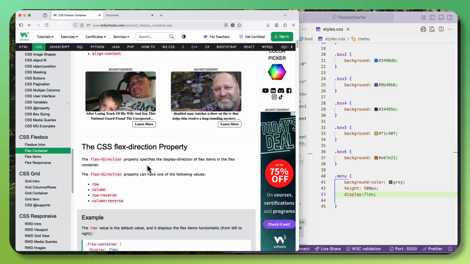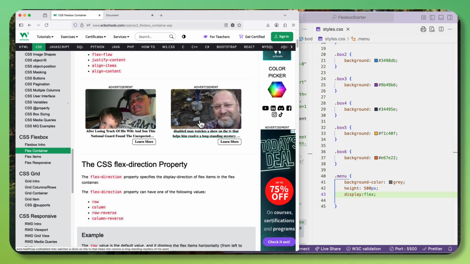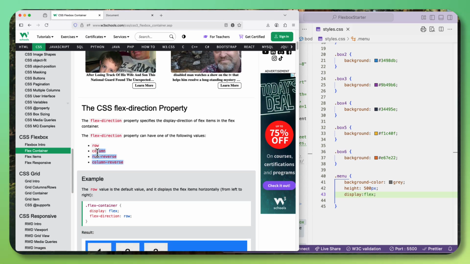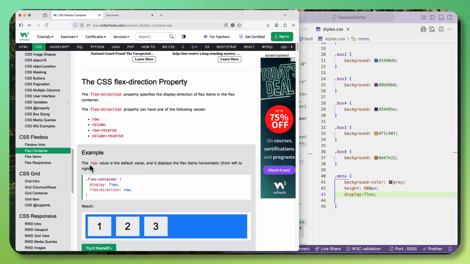All right, so the point was, let me reiterate, if I have a flex parent, then I can apply a flex direction on the parent. And if I look down here, these are my 4 choices for the values for flex direction. And it should say what the default is. So row is the default, which means if we don't apply anything, row is going to be